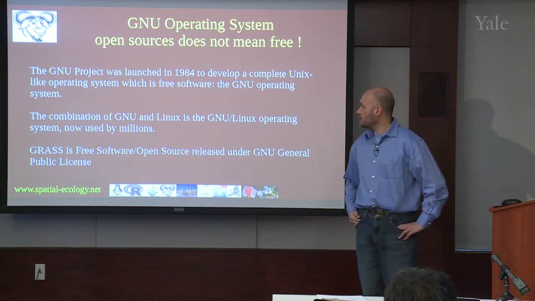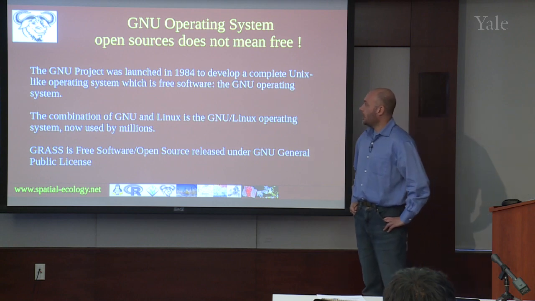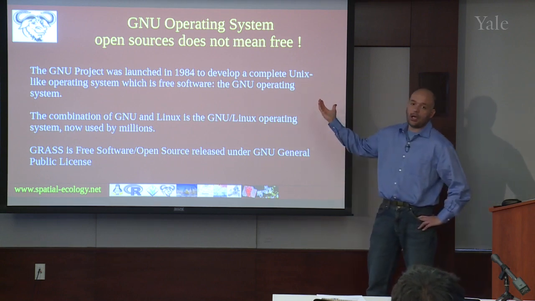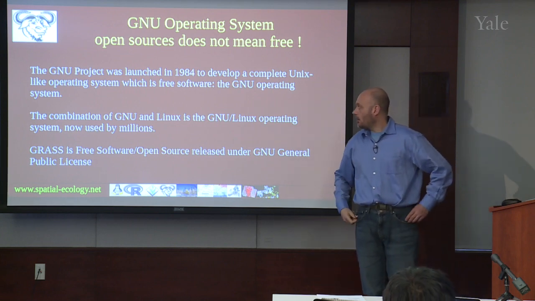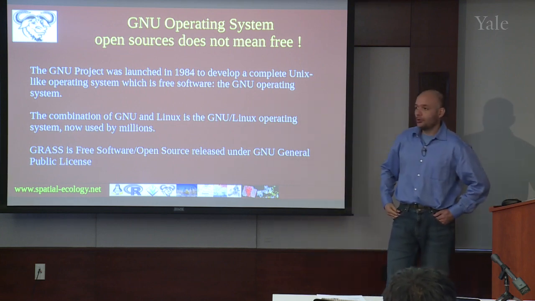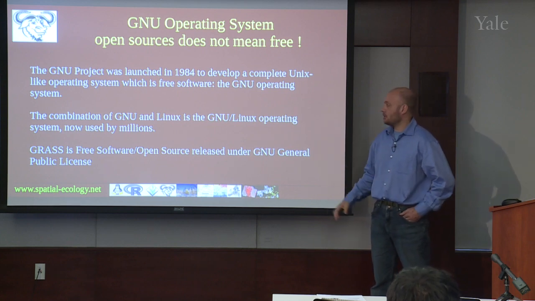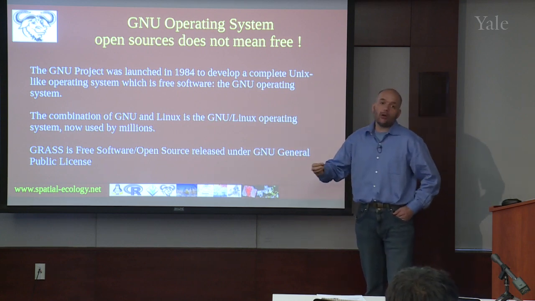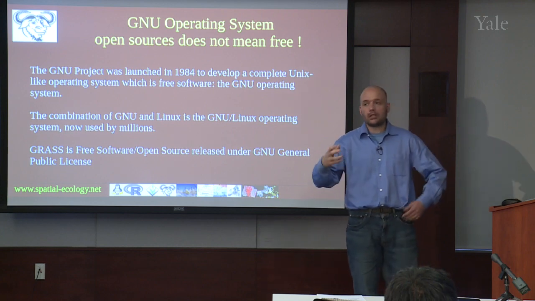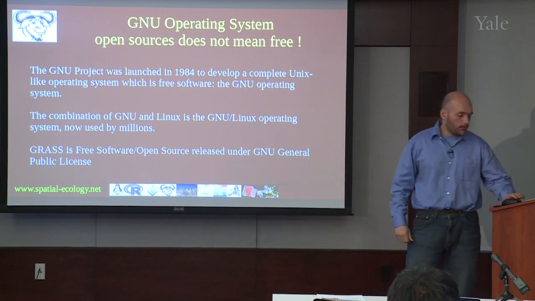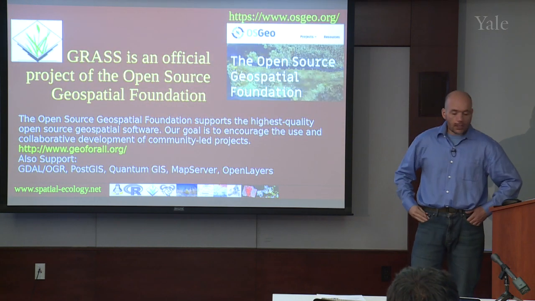The GNU project started in '84, and now it runs on all the different Unix and Linux operating systems. This gives you great freedom and a really stable operating system. GRASS is one of the many projects inside the open source community. GRASS is part of the